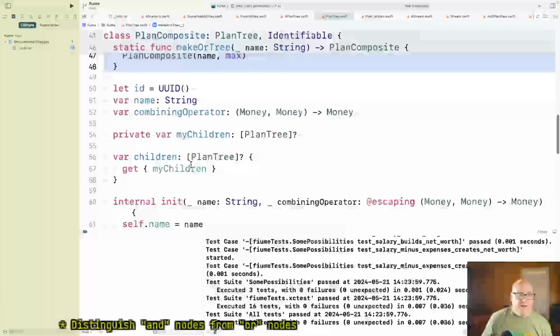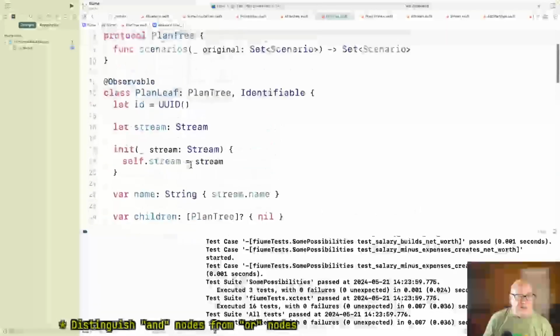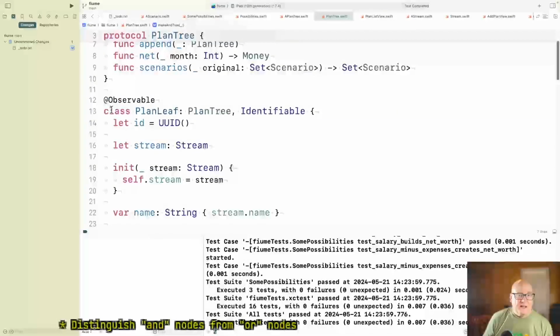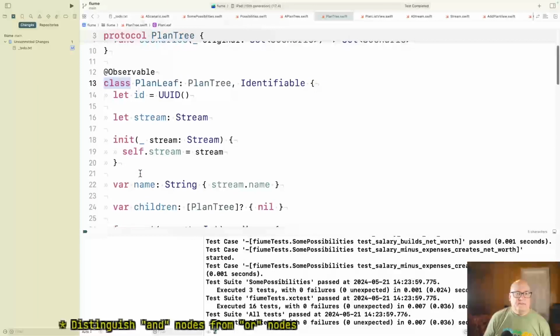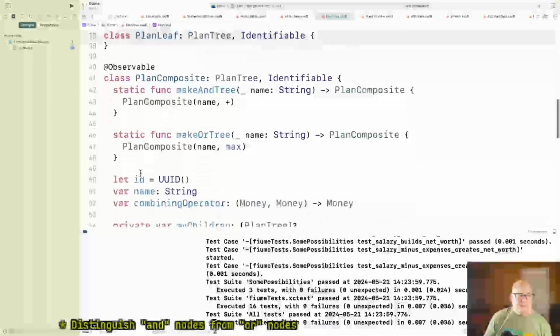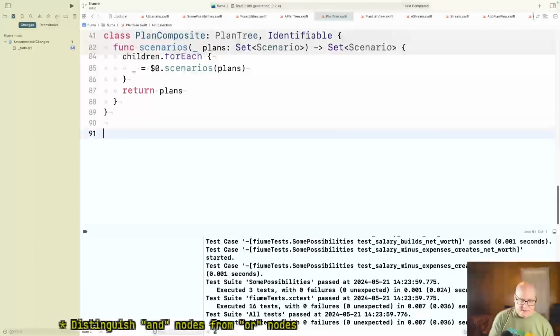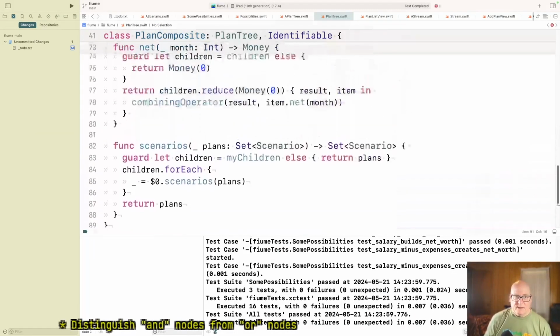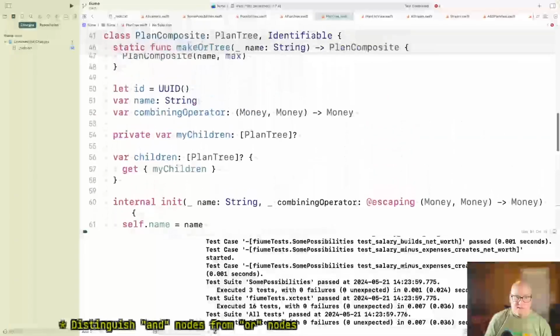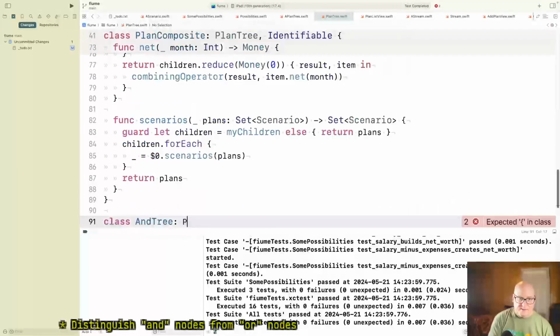Okay, so I think we can do this in little tiny bites. Okay, we got class. Well, I'm going to use and tree and or tree for now. And tree is a plan composite, right? Yeah, plan composite.